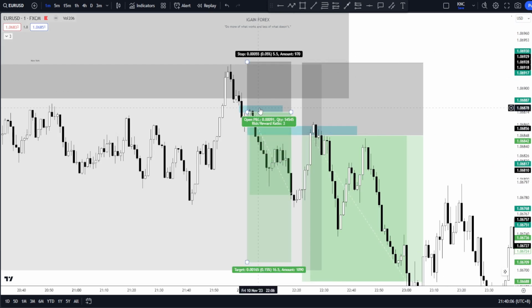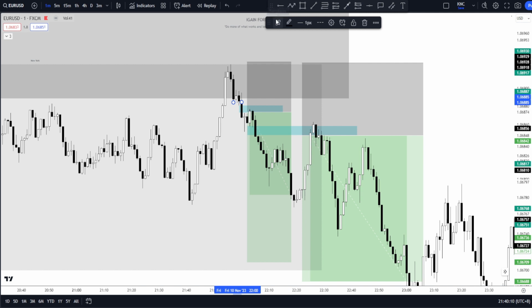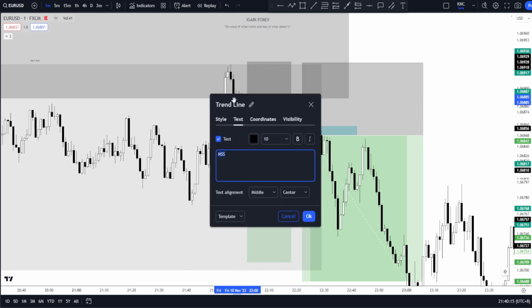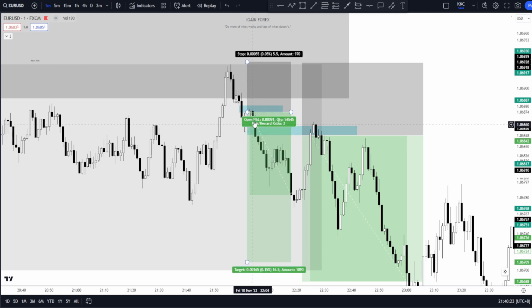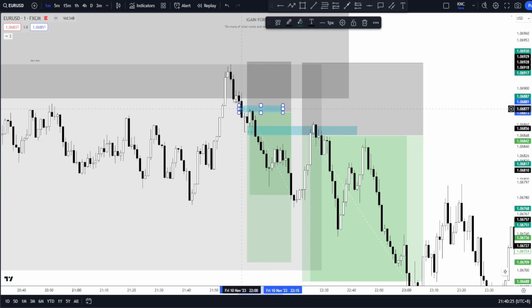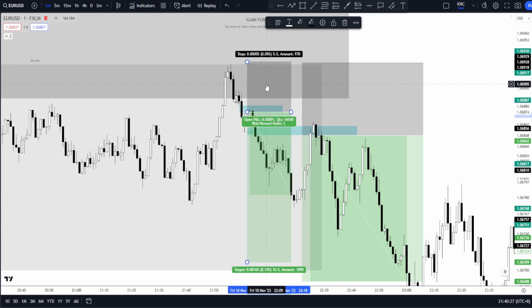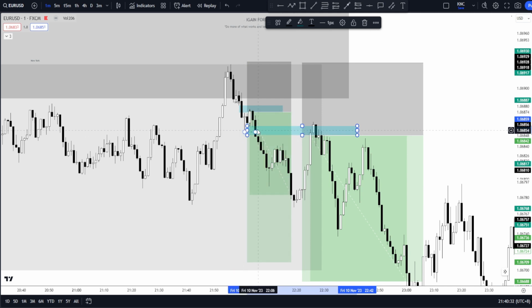For our first entry, we have this first internal market structure shift, and then another market structure shift around this area. So the first entry at this FVG after the internal market structure shift, targeting 1:3, and then a second entry at this FVG again,